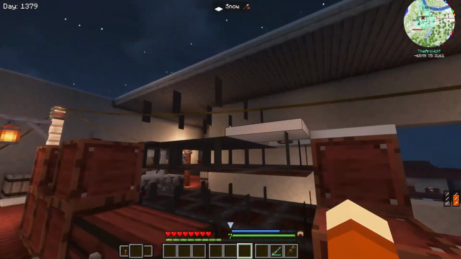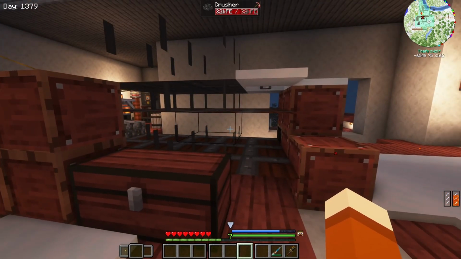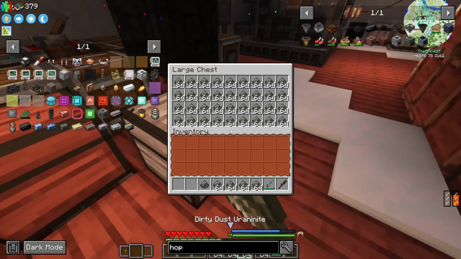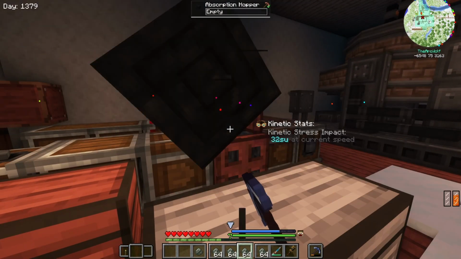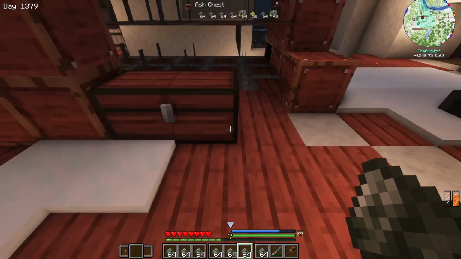yeah, Immersive Engineering doesn't like radiation either. Look how this all looks. When I restart the game, it'll be fine. I'm going to have to restart in a minute. But what I've been doing is processing the uranium. I've been using the absorption hopper over here so that if we have overflow, the absorption hopper will pick it up